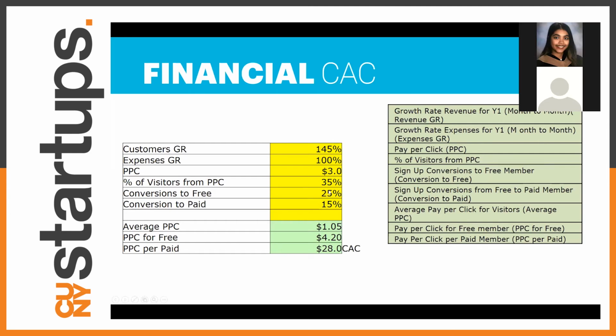And so I put 25% of the visitors are converting to become free, and 15% are converting from free to become paid. And then it determines what you're really paying across all your visitors. You're really paying on average $1.05. It's less than the $3 because you have 65% coming from tribal marketing, which drives down your average pay-per-click to $1.05. Your pay-per-click for free members is $4.20, and your pay-per-click for paid members is $28. So for every paid member, you're spending $28. Right? And so whatever you're making from that person, probably in year one,